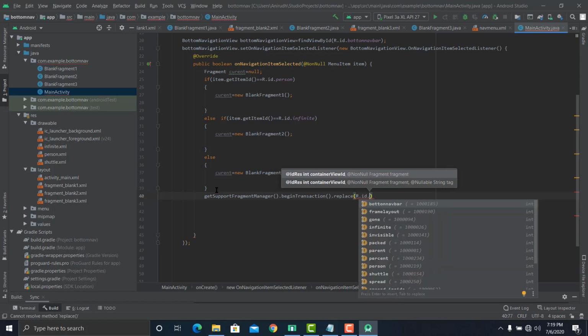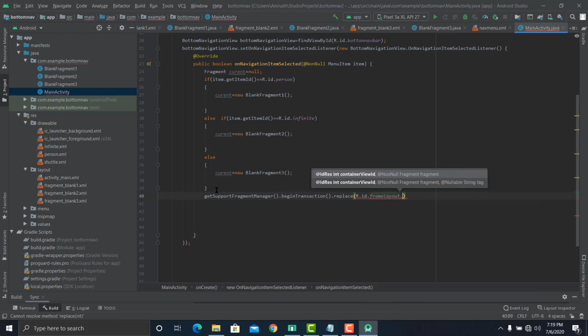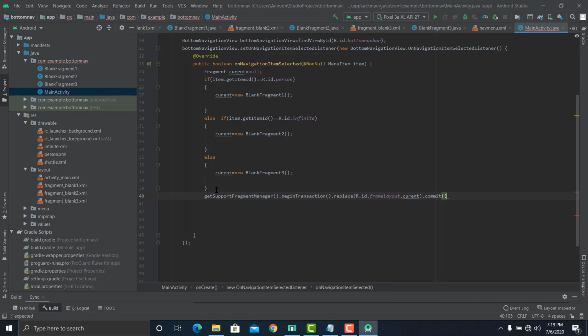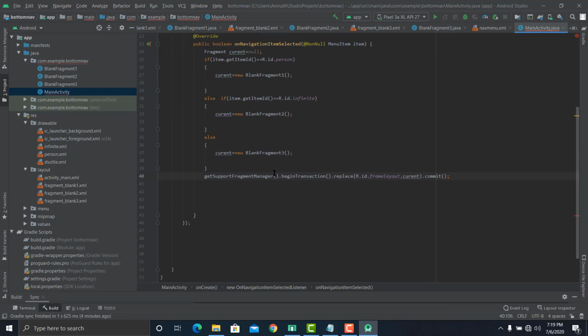So we say the frame layout, and then we give the fragment it needs to change to. That's current, and then .commit. So this does that. Now we have successfully working code, but how do we know it's working? Finally, we have to return true, as I said before.